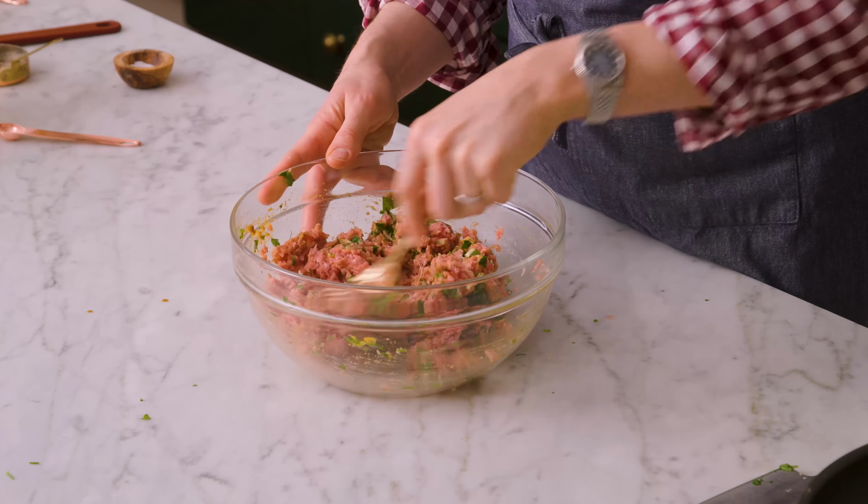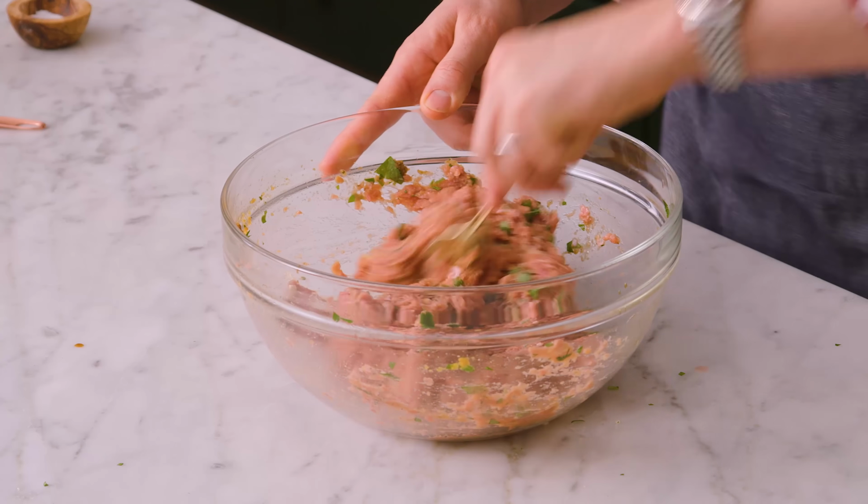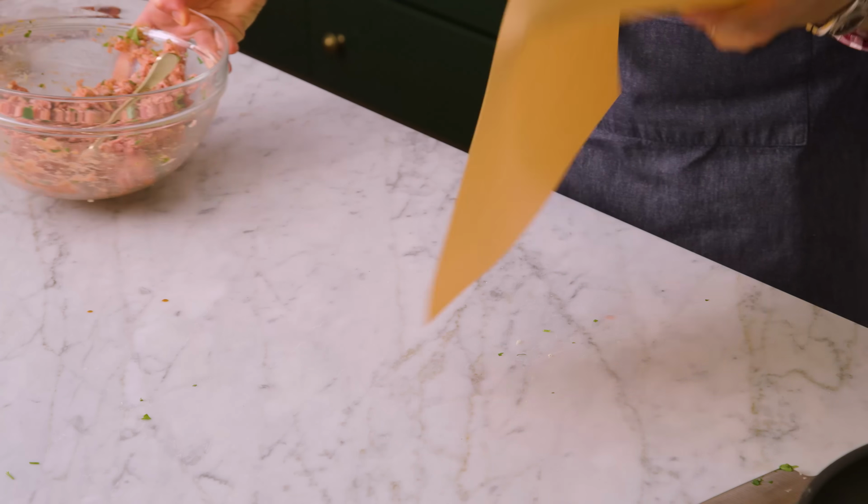The main thing is you really wanna mix those breadcrumbs in because if there's any pockets of them, it's like a pocket of bread. It doesn't make sense. Evenly distributed all throughout. Now, I'm gonna get some parchment paper, set my bowl aside, and get a little bowl